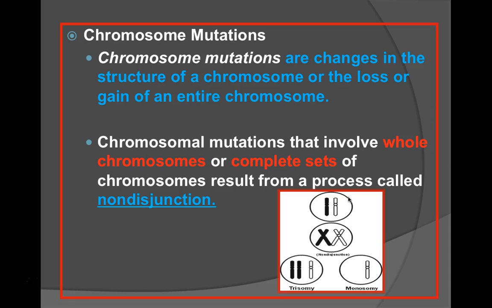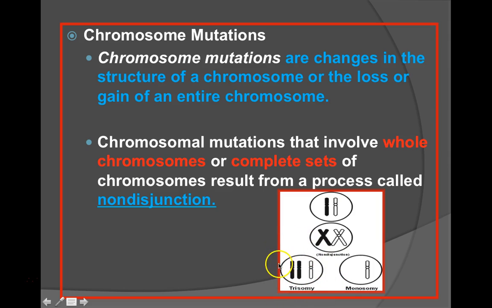So if you take a look here at this image that we have, this would be our homologous chromosome pair. Let's just say this comes from mom and this comes from dad. One whole chromosome should be going to one cell. The other whole chromosome should be going to the other cell, but because non-disjunction has occurred, you may have one of the full chromosomes going one way and half of the other homologous chromosome going the other way,